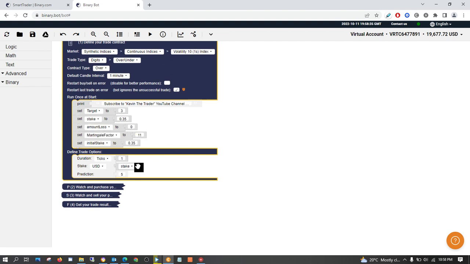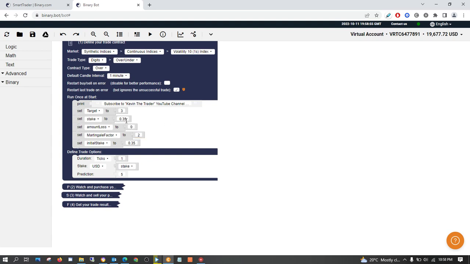Now our prediction here is 5, but we're just going to change our martingale factor. We're going to do it at 3, for example. The other one was 4, but now we're going to do it as 3 or even 2.